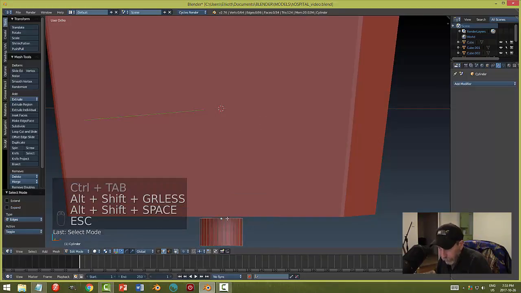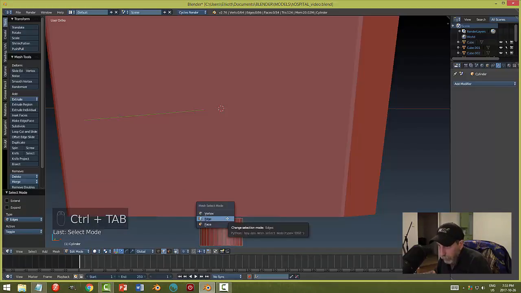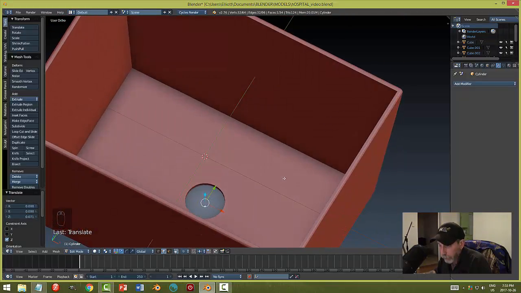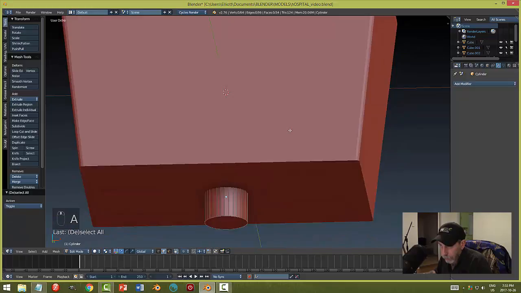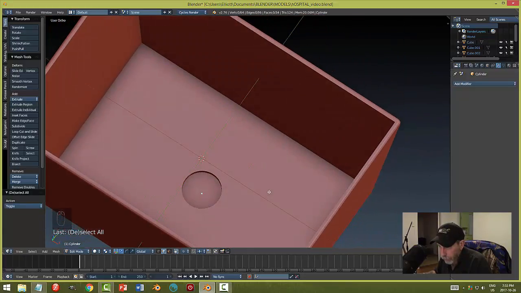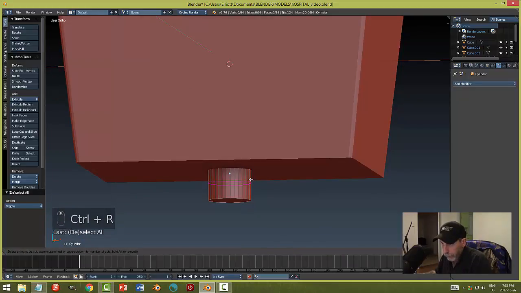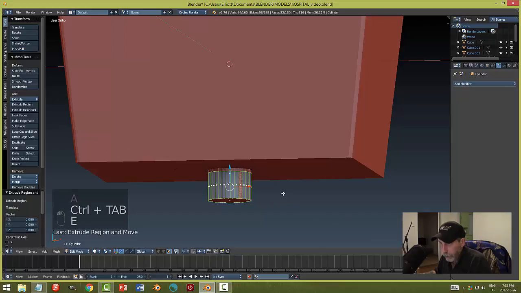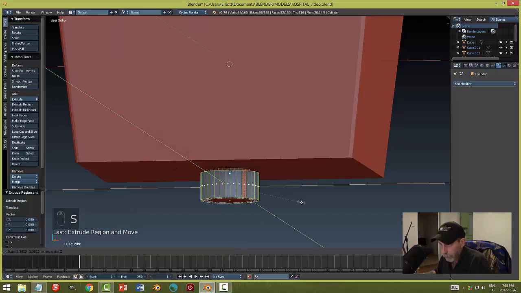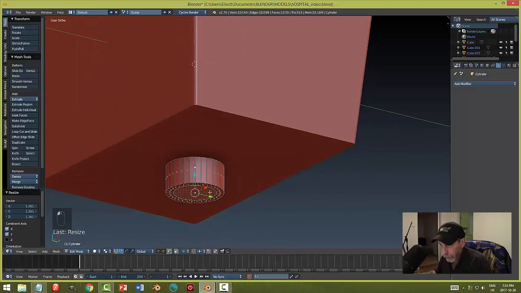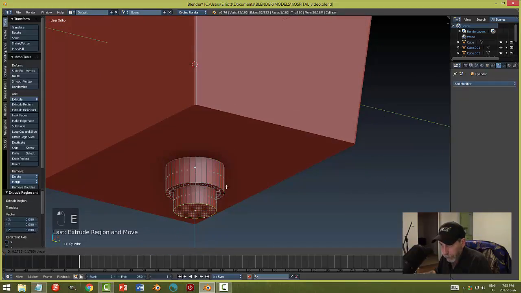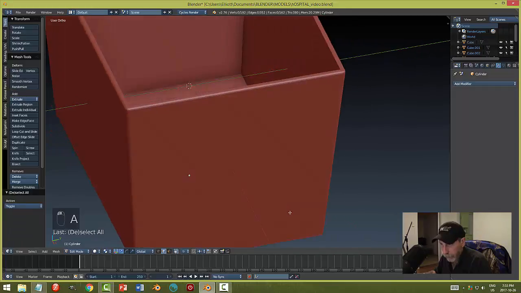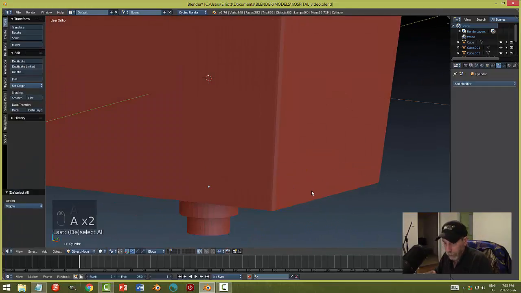So I'm going to edge, Shift Alt, grab that edge. I just want to pull it back into the sink. There. Okay. Now I can actually, I'm doing a few things at once. All right, that's okay. Add an edge loop here. E, Shift Z, so I don't expand in the Z direction, just like that. E to extrude and pull it down a bit. And this I can actually pull up more. I think just like that if I wanted to make it look a little bit more like some piping starting